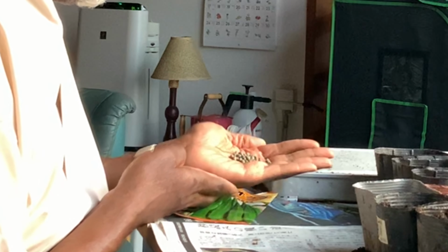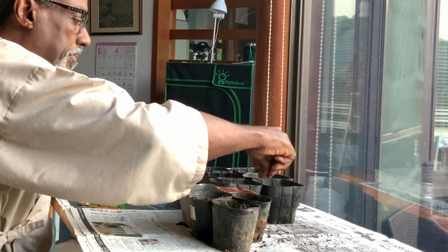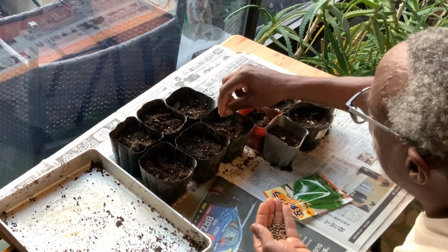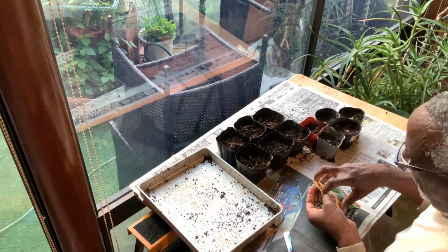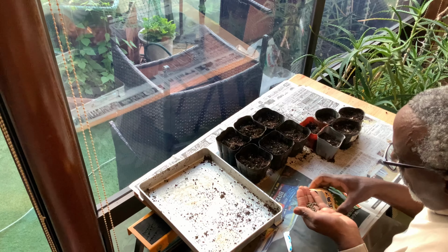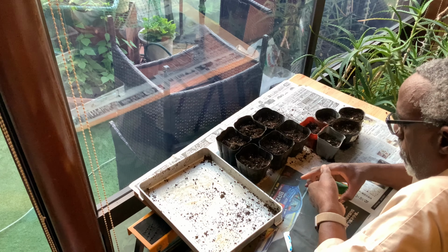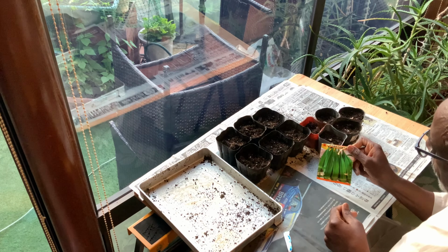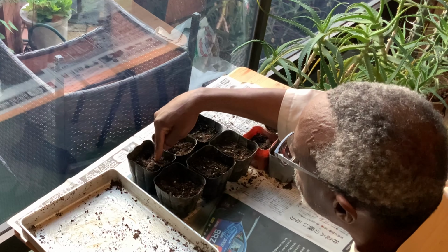So here are the okra seeds. Nice little round olive colored seeds. And again, I'll put 3 in each cup. Okay, I hope you can see a little bit better from overhead. And I'll save these for later. Okay. Nice green okra. Okay, so I'll just push these down a little bit, not too far,